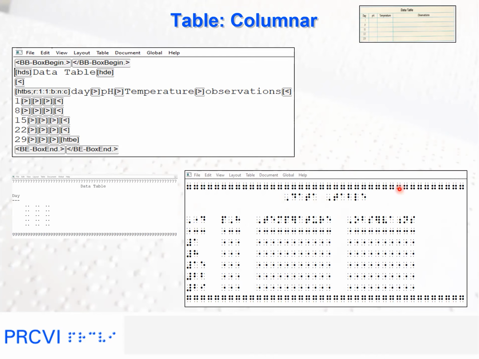There are 2 blank cells in between each column. Dot 5s across the width of a column indicate a blank space. Dots 1, 2, 4, 5 across the width of a page is the bottom box line. Leave a blank line before and after tables that are not enclosed in boxes.